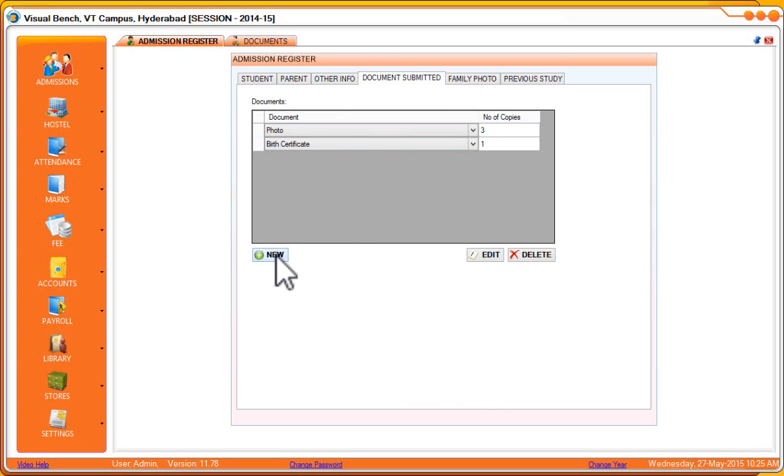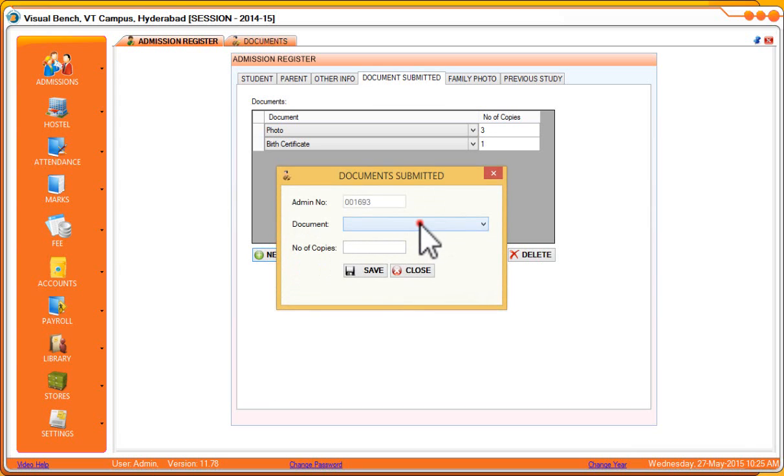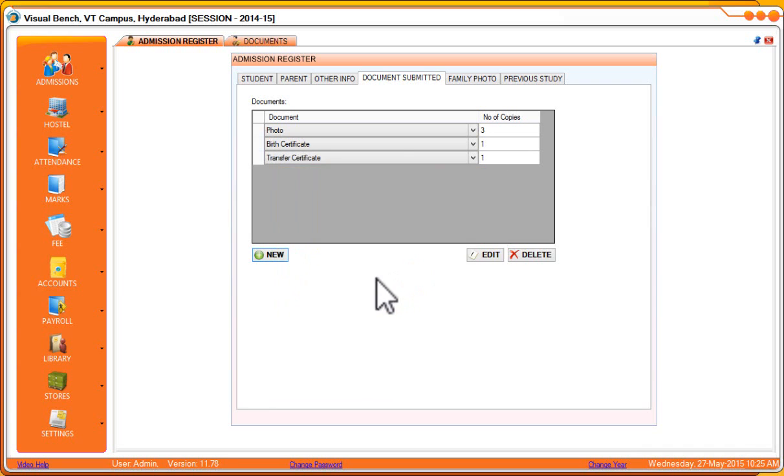Suppose you want to add one more, these are the list of documents that you created in the master file in settings. Let's say transfer certificate, he already submitted the transfer certificate also. Then save. Like this you can add the documents submitted by the student here.